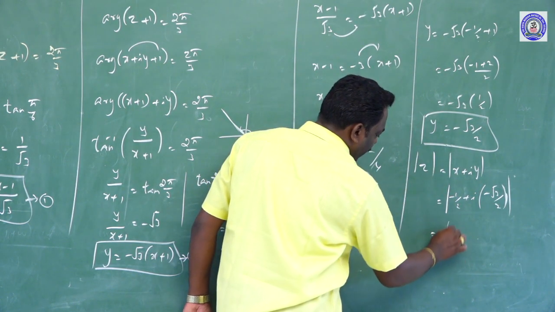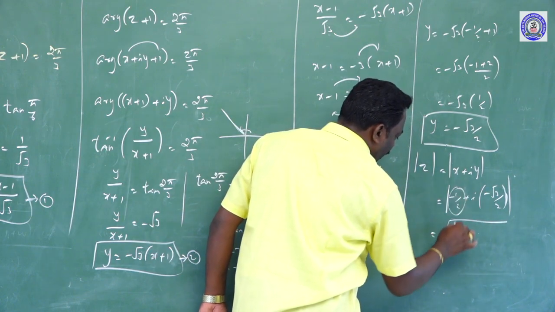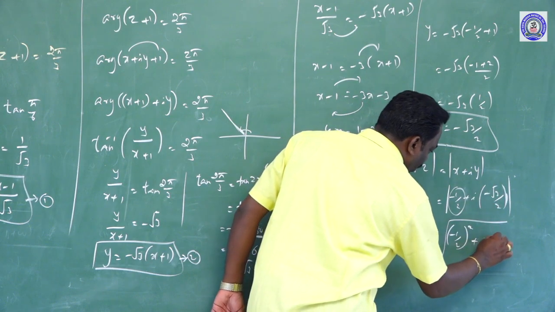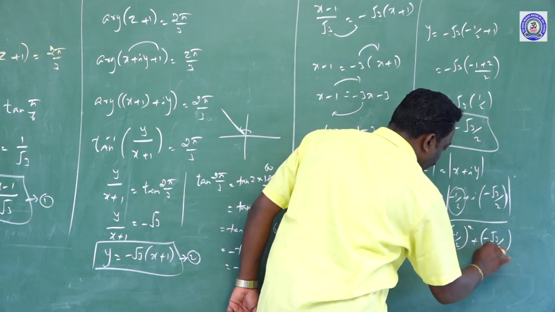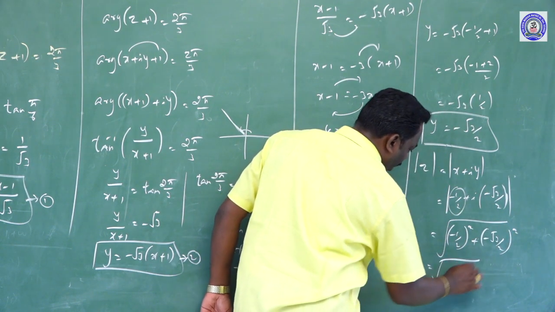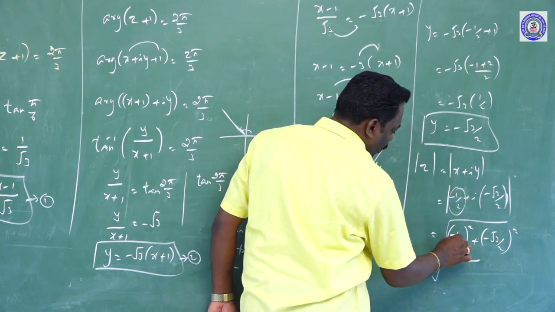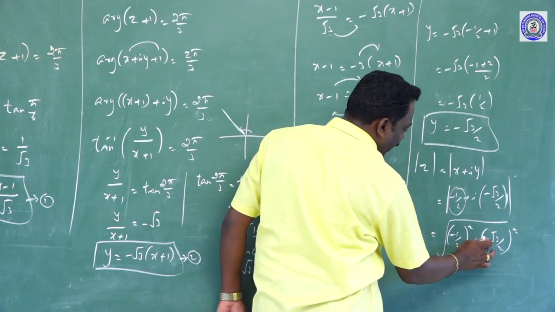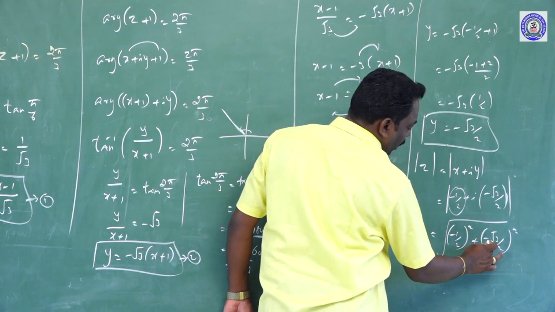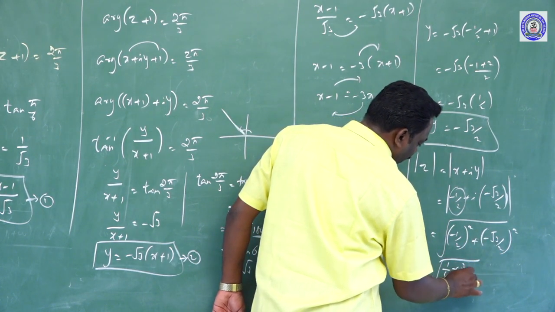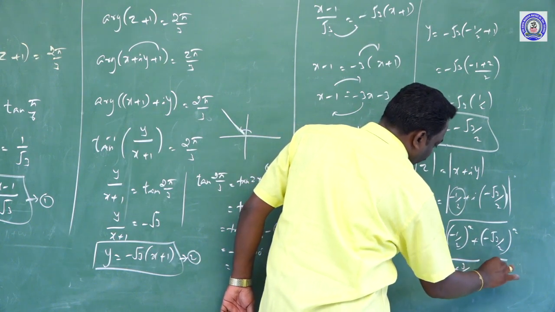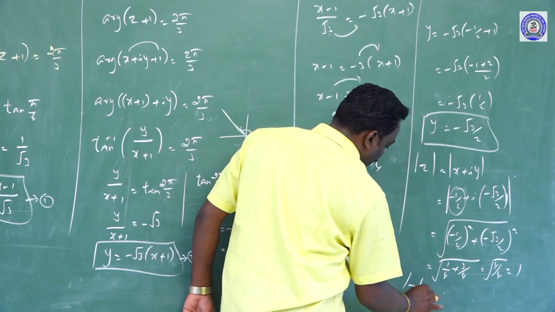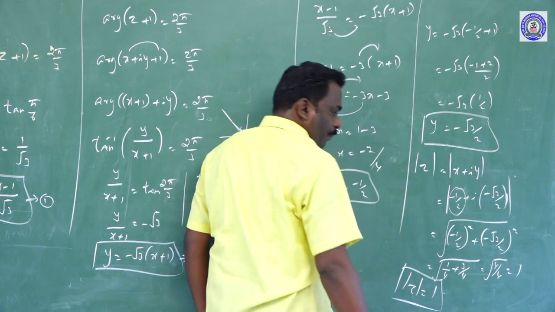How to find the modulus? Take the square root of the real term (−1/2) whole squared, plus the imaginary term (−√3/2) whole squared. That is the square root of 1 by 4 plus √3 times √3, 3 by 4, that is the square root of 4 by 4, that is equal to 1. Therefore the modulus of z is equal to 1, which is what we wanted to prove.